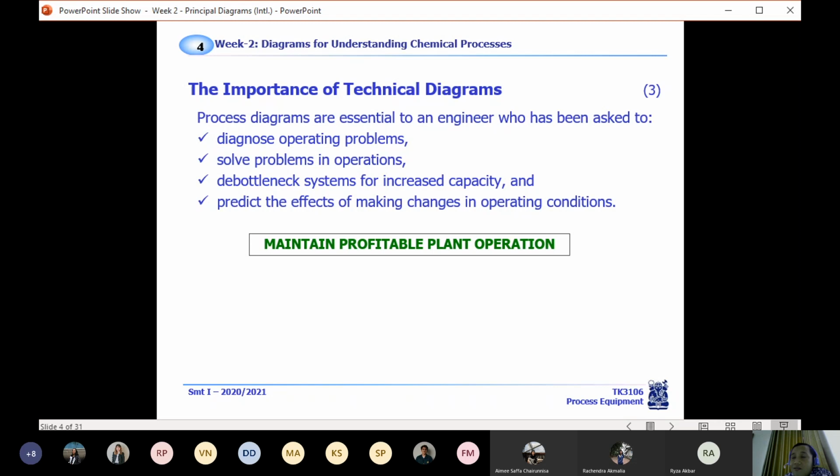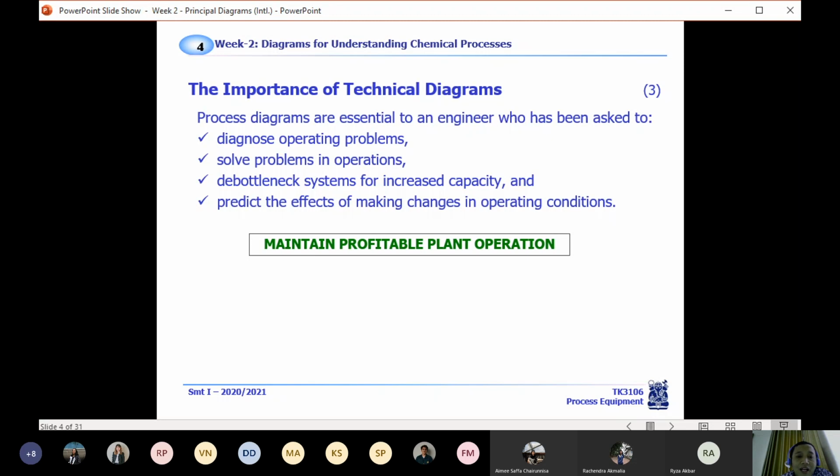Probably in today's operation the flow rate is also much higher compared to yesterday, so the capacity of my air cooler is not enough. That's the reason why the outlet temperature is much higher than yesterday. Again, this is by comparing our technical diagrams and the information inside them. So by knowing the problem, we can solve the problem in the operation.